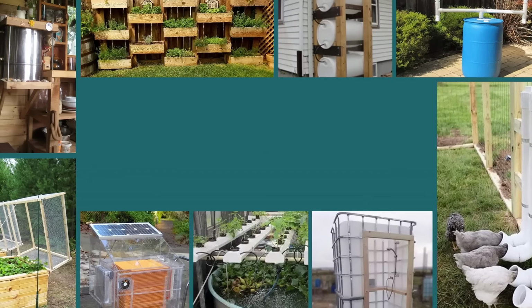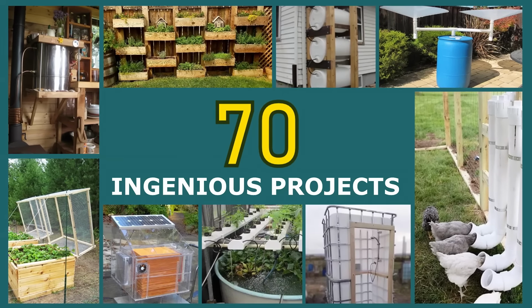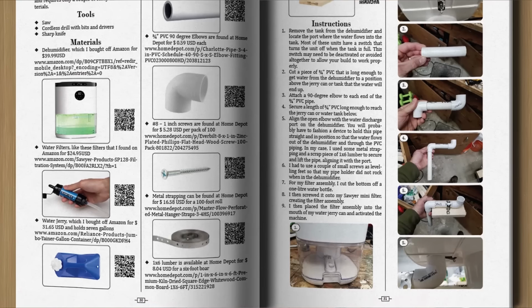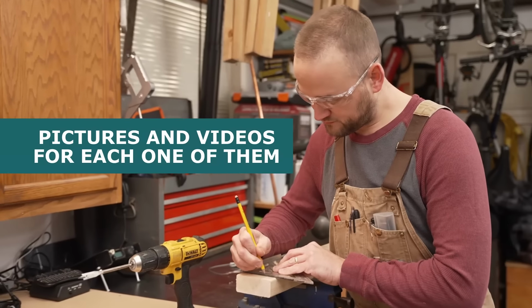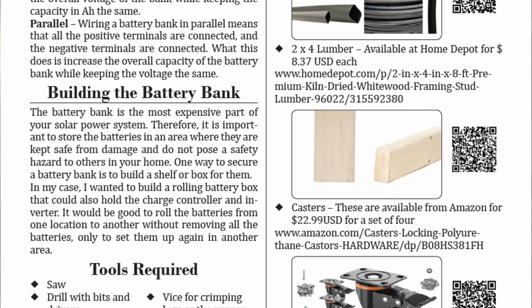Today, I would like to show you 70 ingenious projects I built around my house that you can easily replicate on your own property. In fact, what I want to do over the next few minutes is hand you the exact plans and step-by-step instructions with pictures and videos for each one of them. You'll also receive a list of materials needed for every project and where you can order them as cheaply as